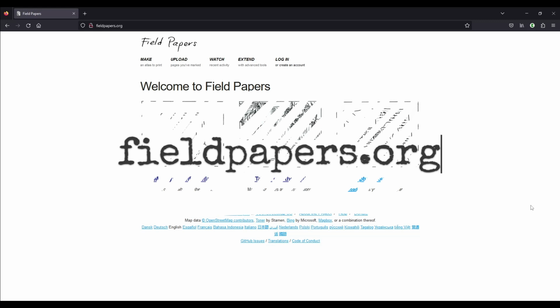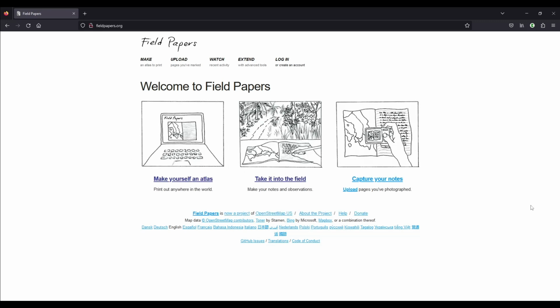So the address is fieldpapers.org. It's a non-profit website that is a sister project of OpenStreetMap, and is used a lot by OpenStreetMappers, of course. And the first thing is you don't need an account at all, which sometimes people are put off when they have to get an account. You click on Make Yourself an Atlas,